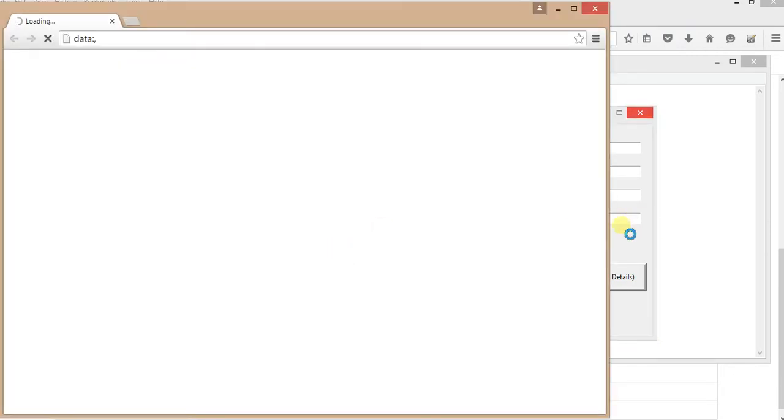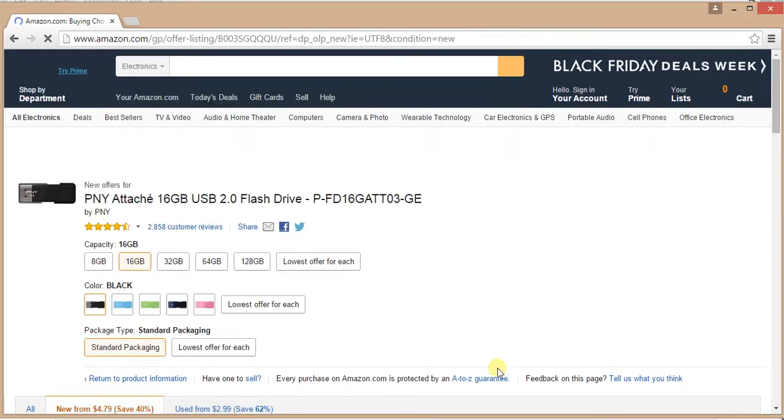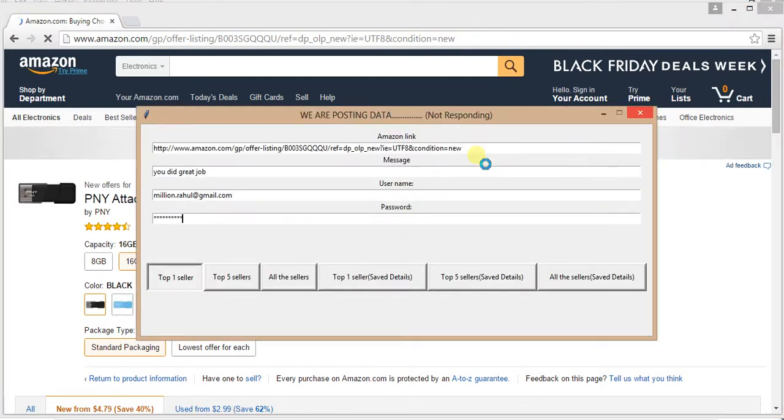Now you can see with the help of Selenium we have come to this page, where you can see the Amazon link same, and it's telling us we are posting data. So it's posting data.